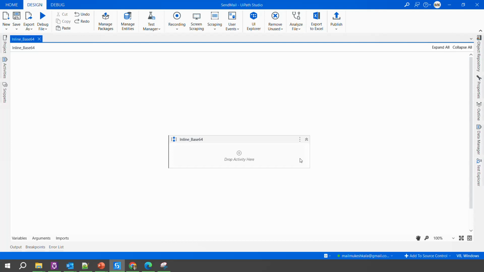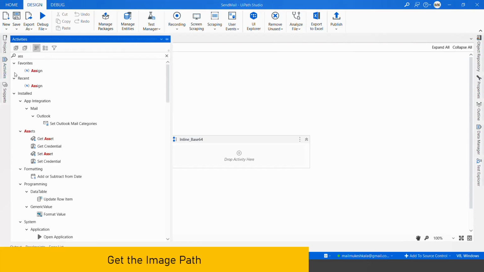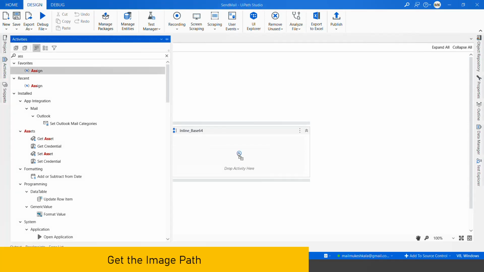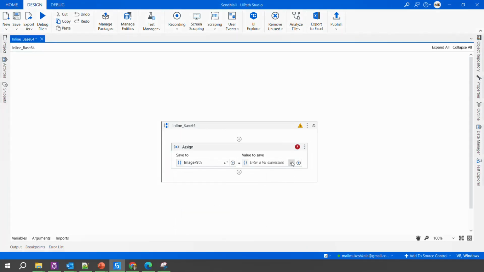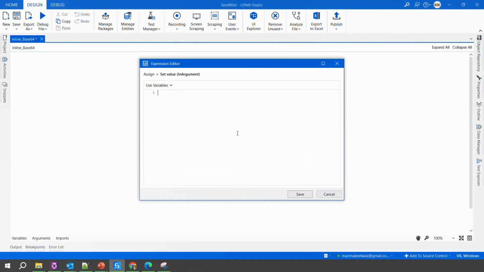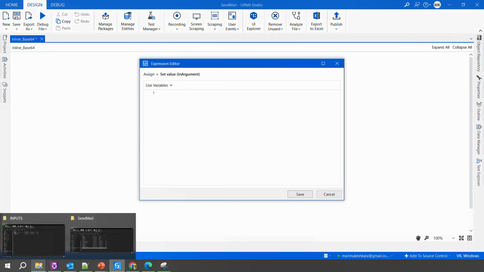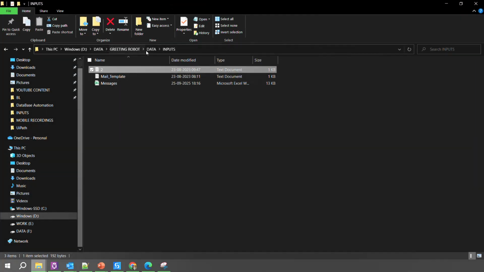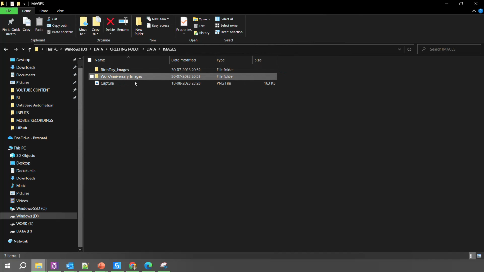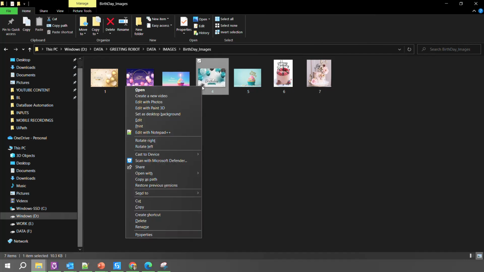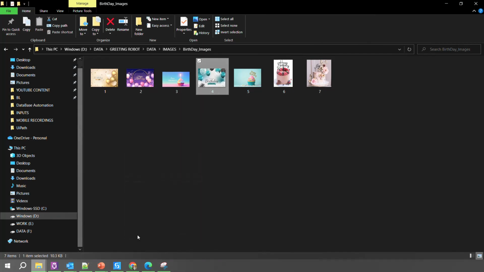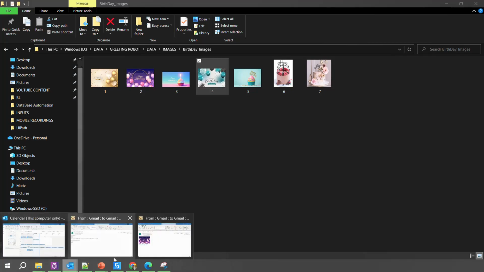path of the image. So I'll go to the activities and take an Assign activity here. I'll call this image path, and in here we are going to pass the actual path of the image which we want to use. So I'll go to my folder and in the images, let's try to use this balloon image, number 4. I'll say copy as path and